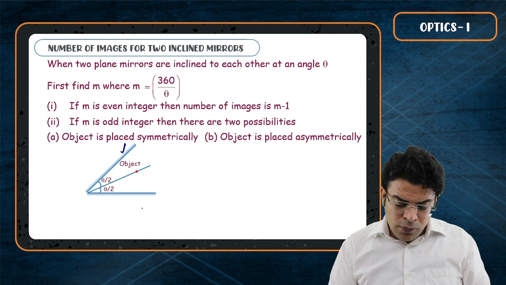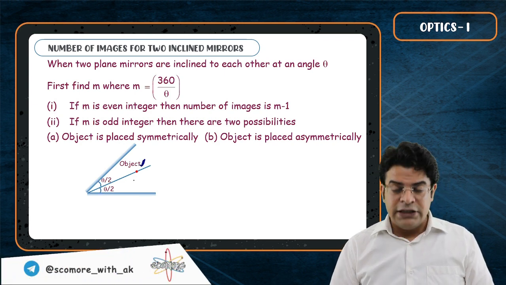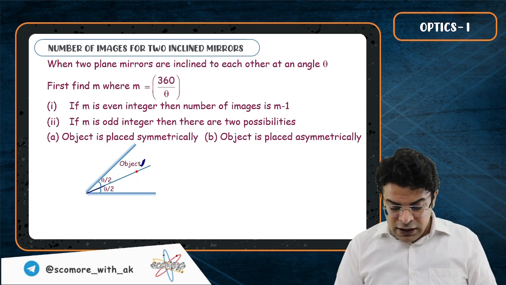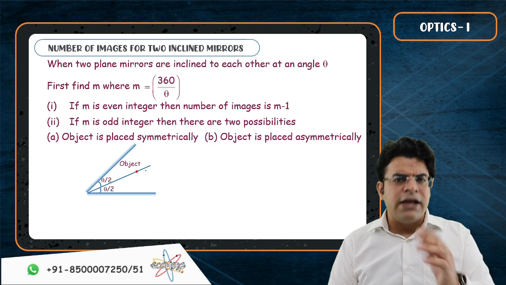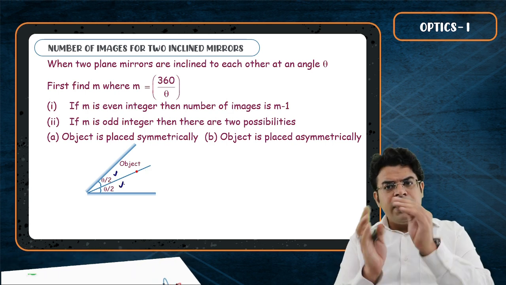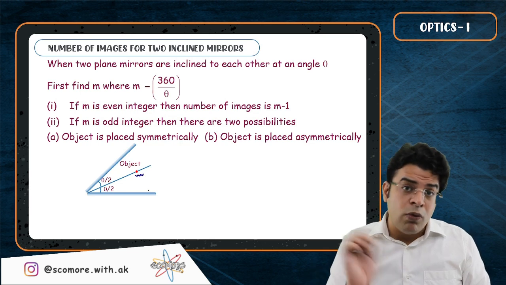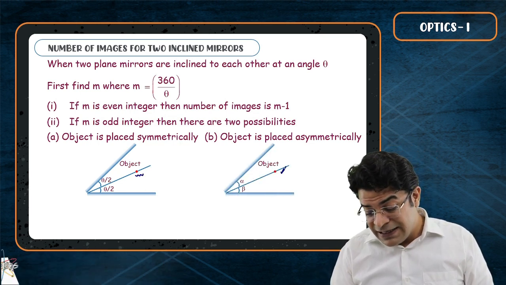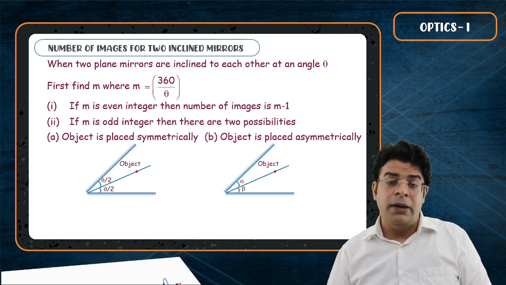Let's say there are two plane mirrors inclined at angle theta, and the object is placed such that the line joining the point of intersection with the object makes equal angle with both the plane mirrors, theta by 2, theta by 2. So if the object is placed symmetrically, you get one answer. If the object is placed asymmetrically, such that this line makes different angle with both the plane mirrors, you get